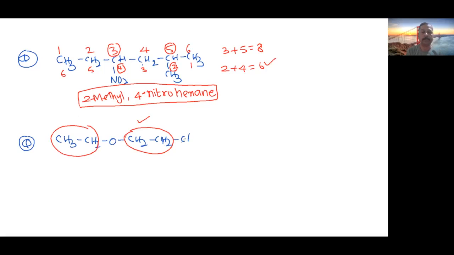So here C comes first, so numbering will be from right and then left. So it will be 1-chloro, then 2-ethoxy. Ethoxy because ethyl and oxygen: this is ethyl and this is oxygen. So 1-chloro-2-ethoxy, and in the main chain you got only two carbon atoms, therefore eth, and in between them single bond with e, no functional group. Okay, so this is about the naming of some more important, interesting compounds.